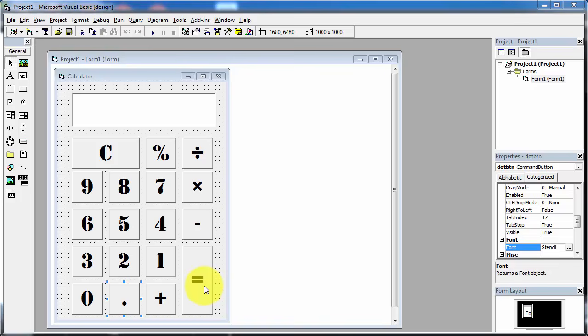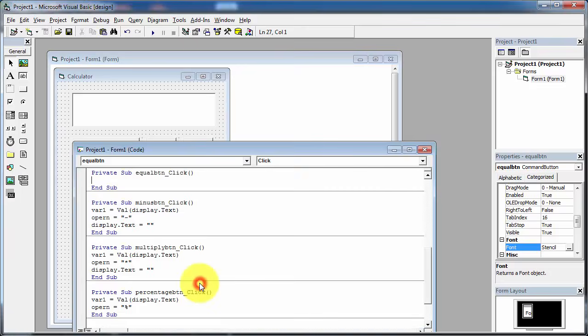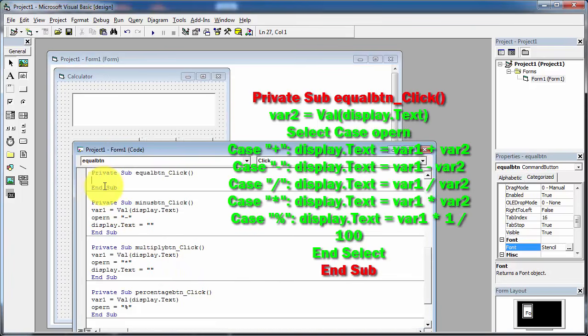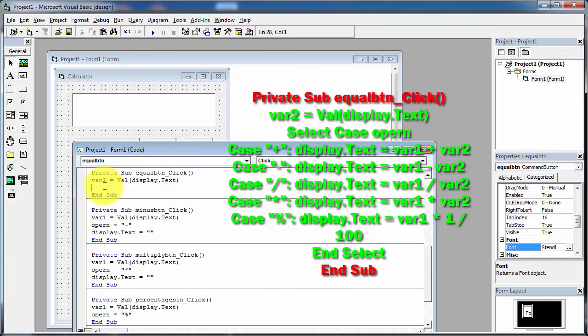Now I am going to write the code for equal button. So double click on equal button and write the following code: var variable2 equal to val display.txt, and now I am going to use the select case to select the operation.